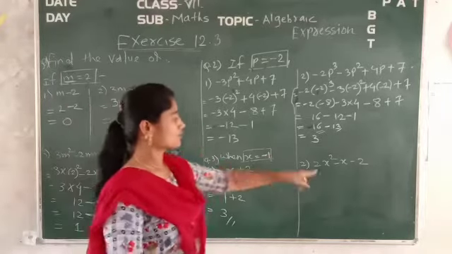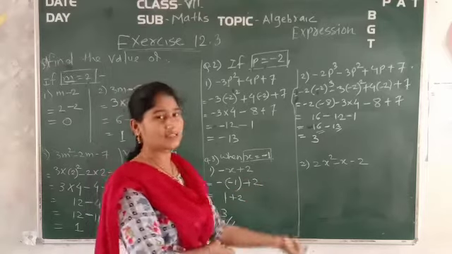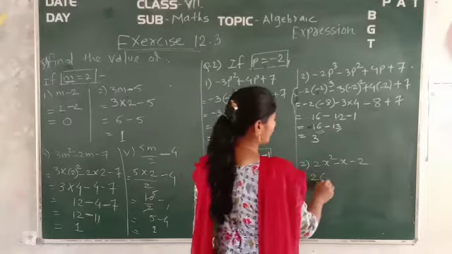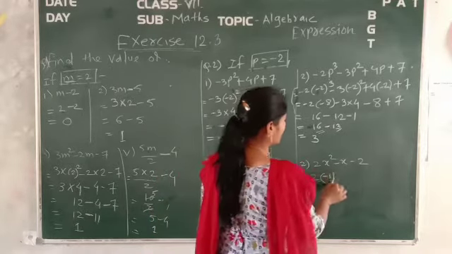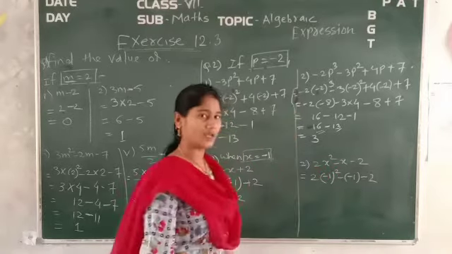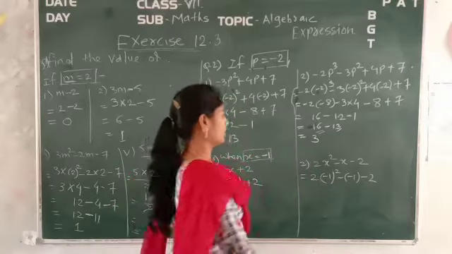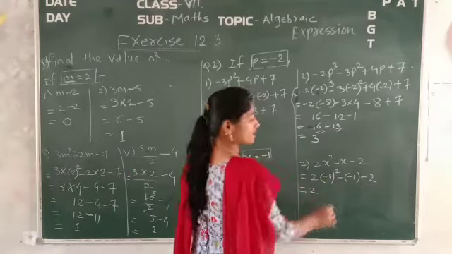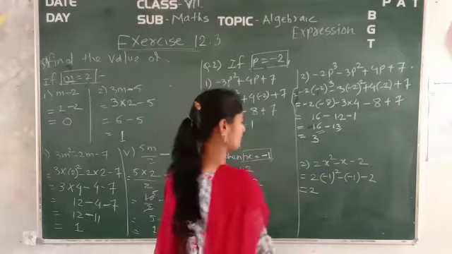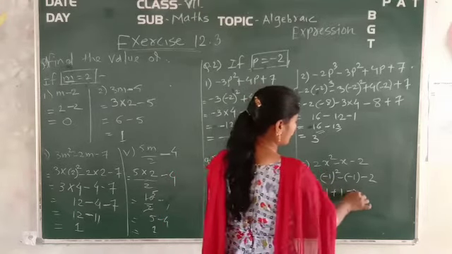Okay. In the same way you have to find out the value of this expression. What is the value of this expression? Now see, if we put x is equal to minus 1, let's calculate what will be the value. Okay. So which is equal to 2 into the value of x, it is minus 1, minus 1 is square, minus of minus 1 again, minus 2. Okay. Because the value of x is in the minus, that's why the bracket. Okay, which is equal to 2 into what is the square of minus 1? Square will be in the plus only, so square of 1 is 1 only. So 2 into 1 we can write down. Minus into minus, it is plus 1. Minus 2 will be as it is.